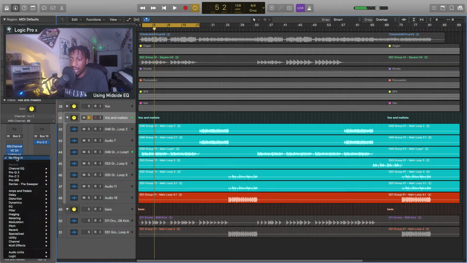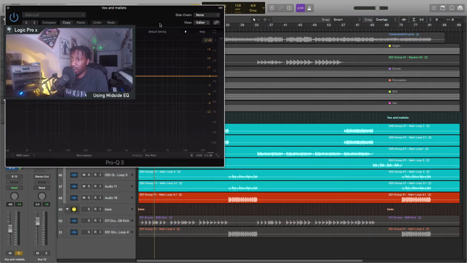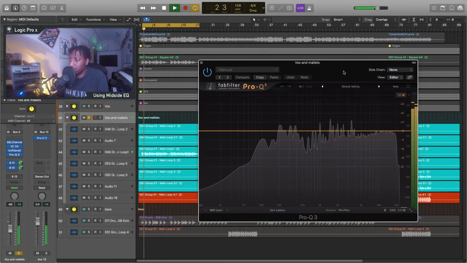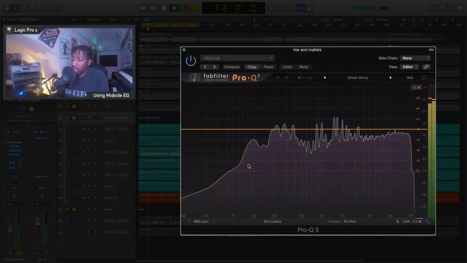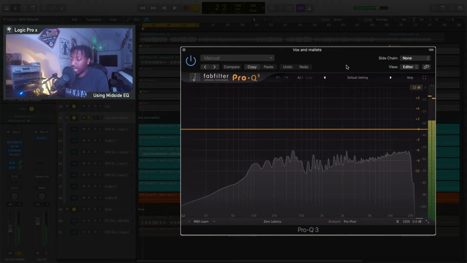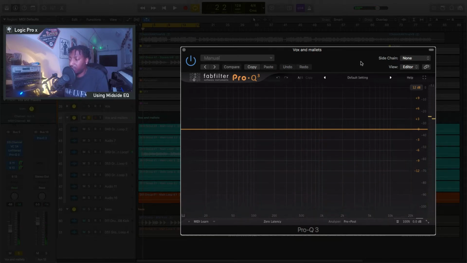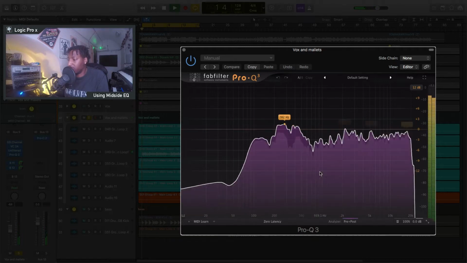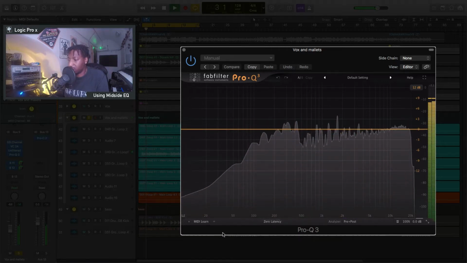So if I get my Q3 out, and we'll have a little listen. So what I want to do straight away to tidy this up and make it feel a bit tighter and a bit neater, I want to get rid of... if I freeze this actually,